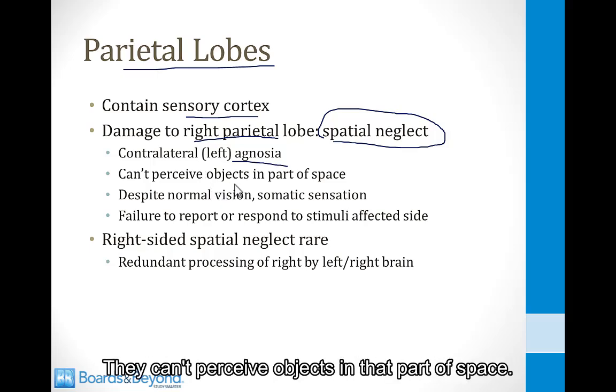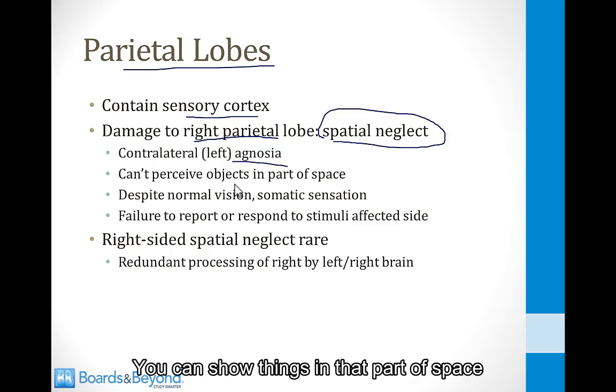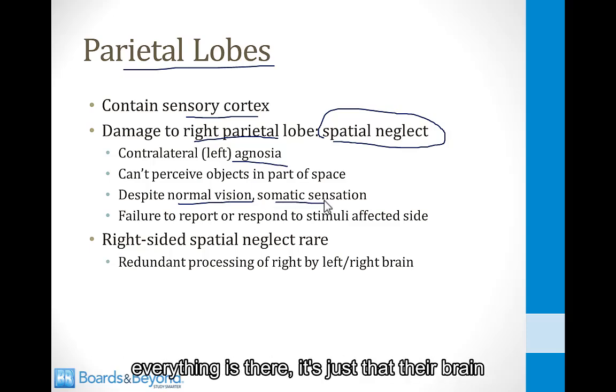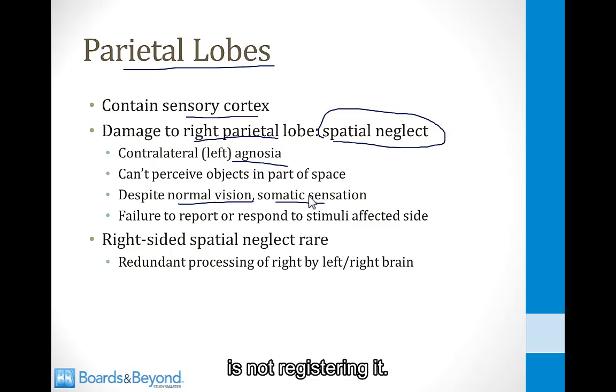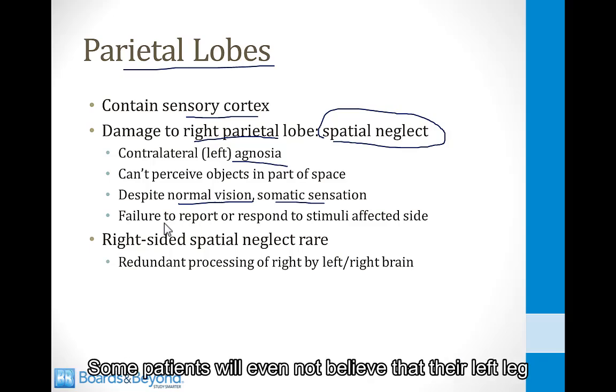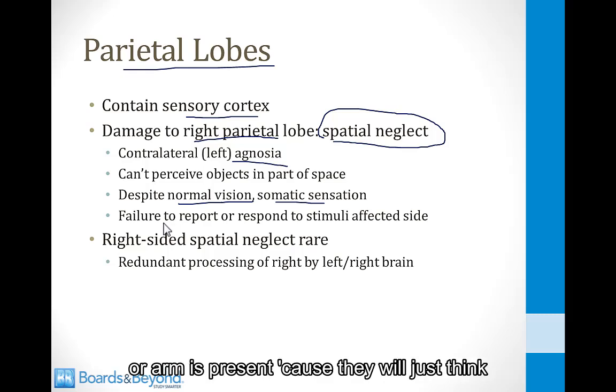They can't perceive objects in that part of space. You can show things in that part of space and they won't see them or react to them. But if you test their vision and their somatic sensation, everything is there. It's just that their brain is not registering it. Basically a failure to respond to stimuli on the affected side. Some patients will even not believe that their left leg or arm is present because they will just think it's